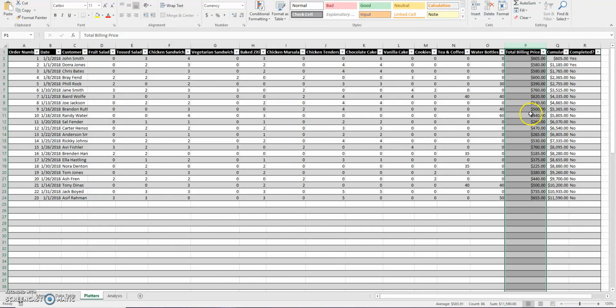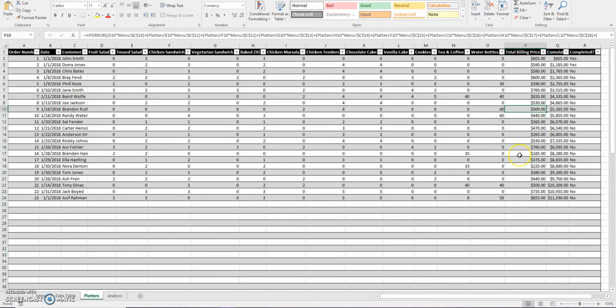Then in column P, it will generate the total bill. So how much the billing price will be. So for my order, it is $655. And then column Q generates cumulative revenue for the month. And then column R is a formula where it'll show you if you have completed the order or not. So as you have completed the order, you can check them off,